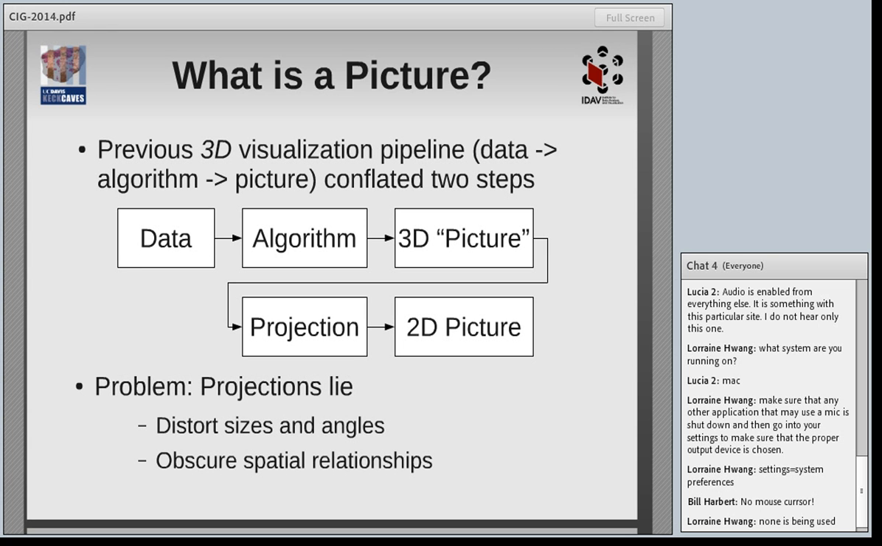steps. So let's augment the pipeline by putting in this intermediate step where we go from data and an algorithm like an isosurface, and the result of that is not actually a picture in a traditional sense, but it's a 3D picture. There is no real good name for that, unfortunately. And so then to actually make a picture that you can look at on a computer screen or print out,